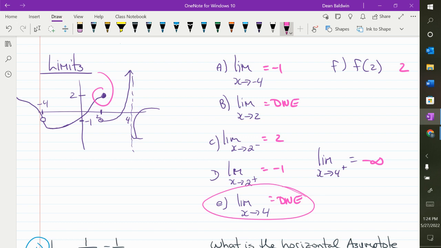Technically that one doesn't go to infinity. It depends what side you go to. One side goes to positive, one side goes to negative. We're getting into the weeds here. I'm not going to get this technical. You won't get that finicky. Just know that an asymptote does not exist.